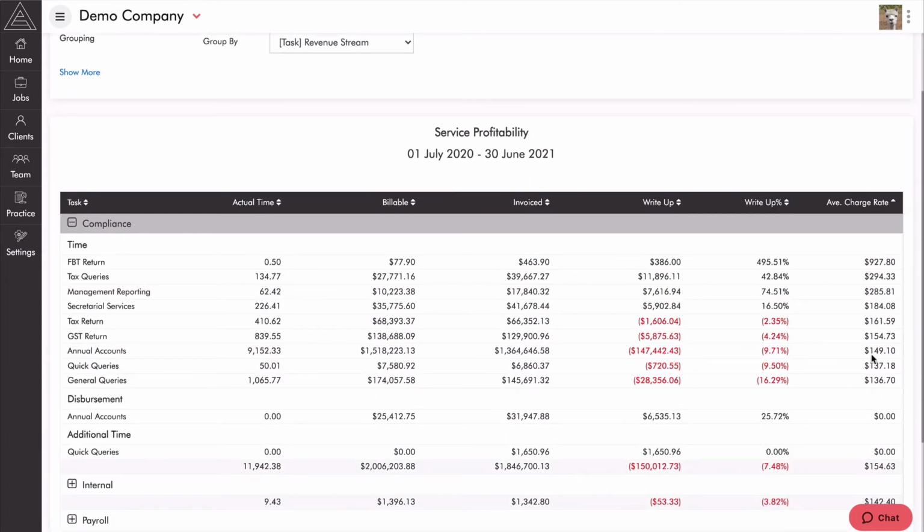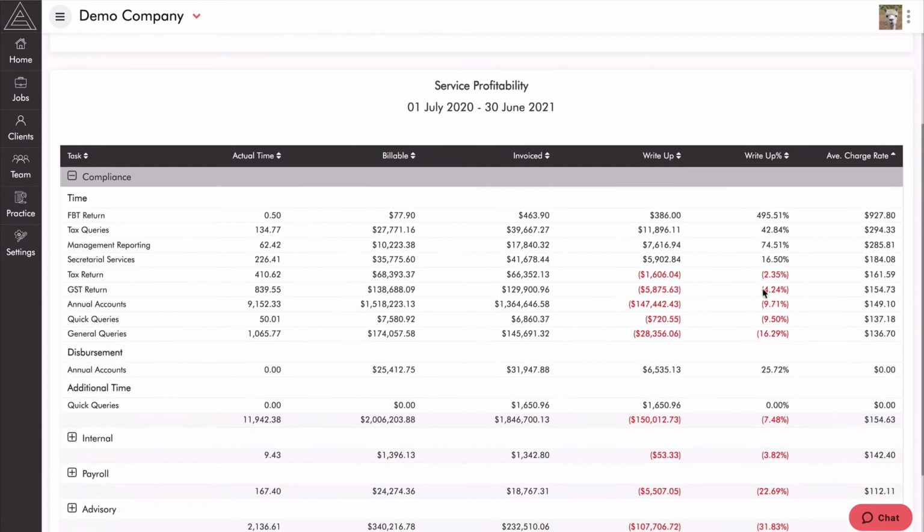So we're averaging $149 an hour for annual accounts, which makes up a huge amount of our revenue. So most of our work is annual accounts. We write off around 10%, or 9.71%, of our time. So we really want to be focusing on reducing our write-offs on here, because it's the largest amount of our